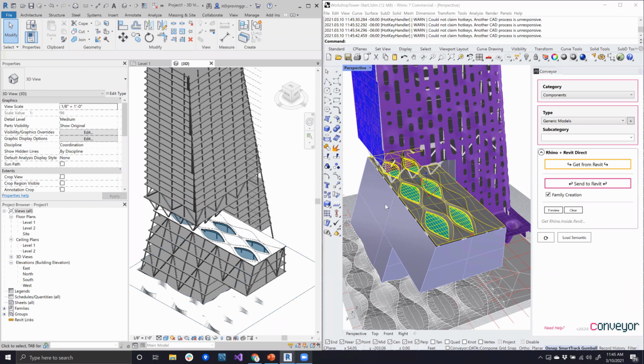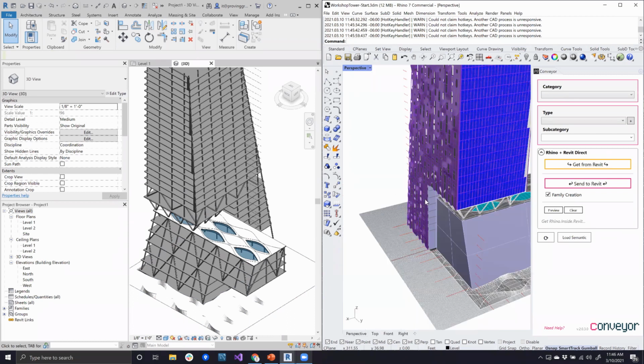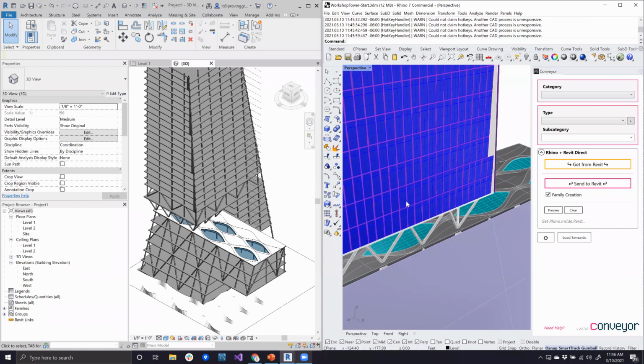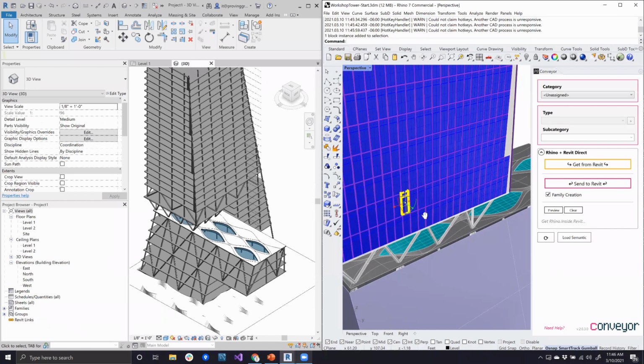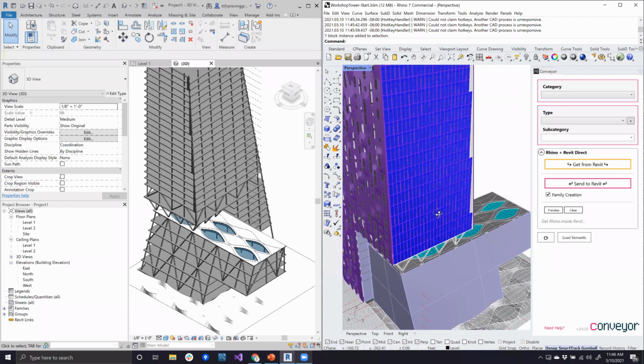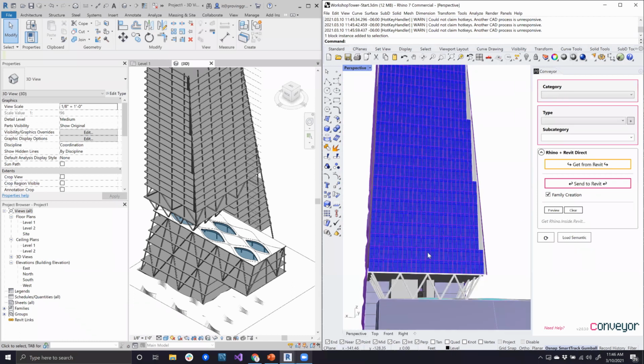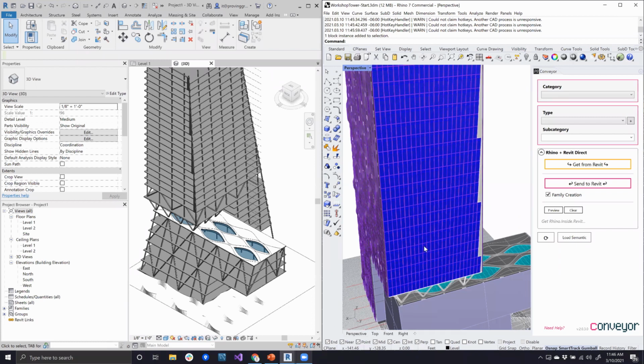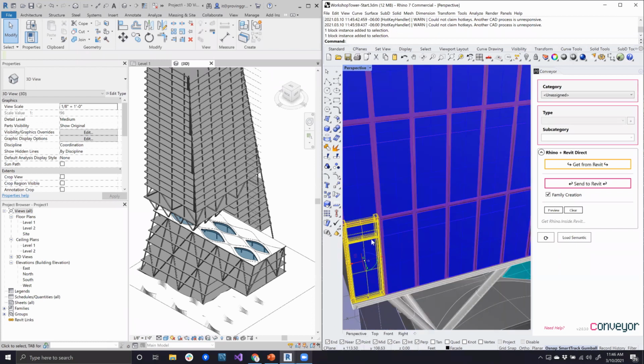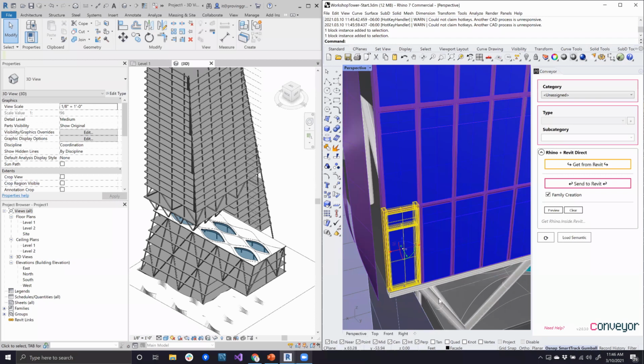Following along those same lines, we have blocks that are representing this facade here. I don't remember how many facade elements there are, but there's quite a number of them here. And one of the things that makes this block workflow so powerful is that I can really leverage this idea of type and instance within the Revit environment. If I have a block, it's going to create one family for this one block, and then it's going to position that family around the model